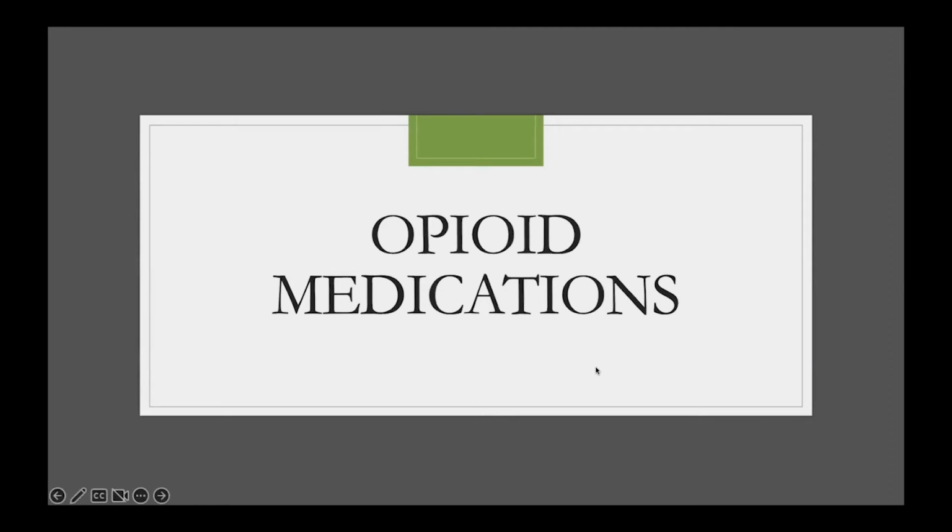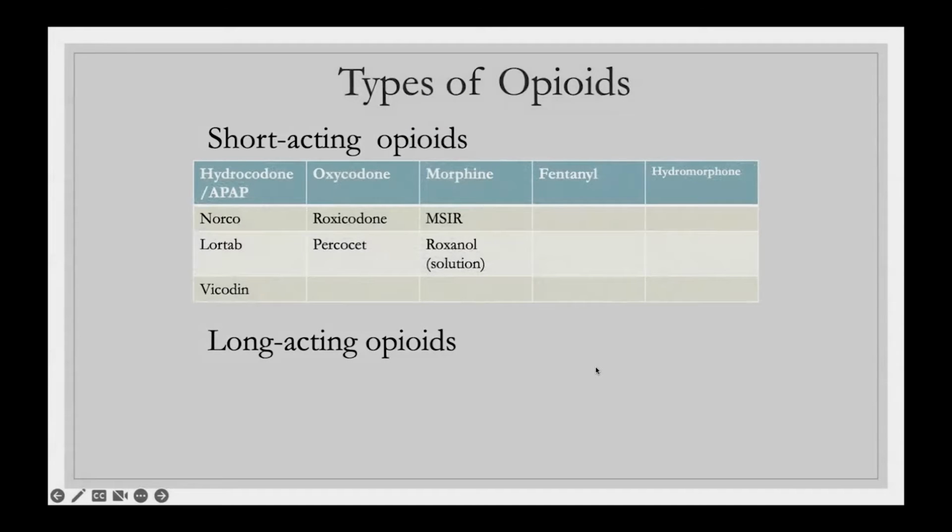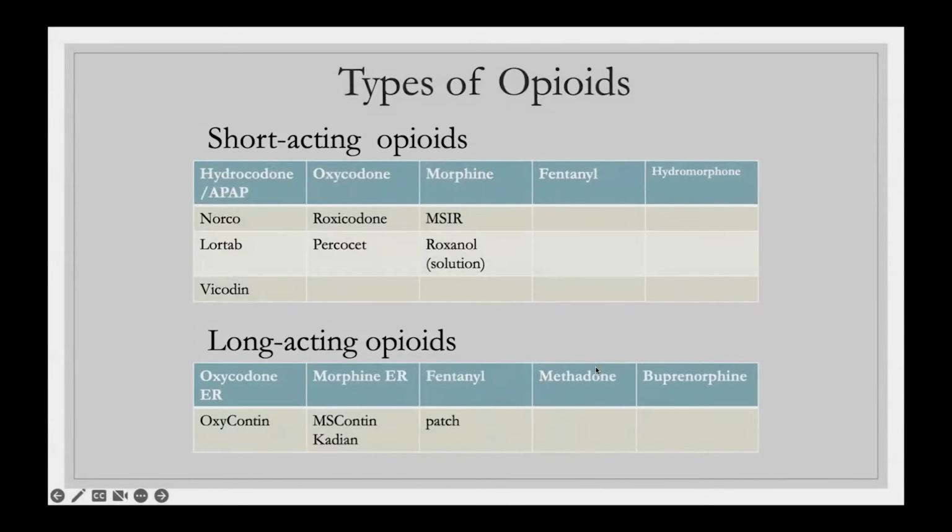Next, we talk about opioid medications. Another big topic in general, especially in the news recently. Opioids are the main medications we hear about when we think about dangerous medications to be on for pain relief. We've all heard in the news about people who overdose, either intentionally or unintentionally, and then have respiratory depression, meaning they can't really breathe, and then they essentially die as a result of that.